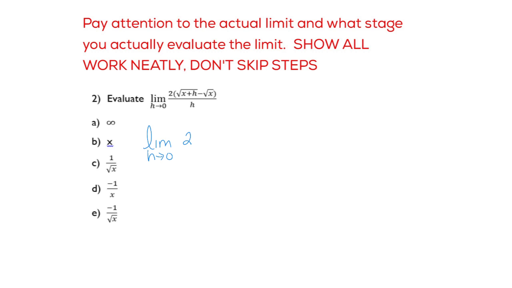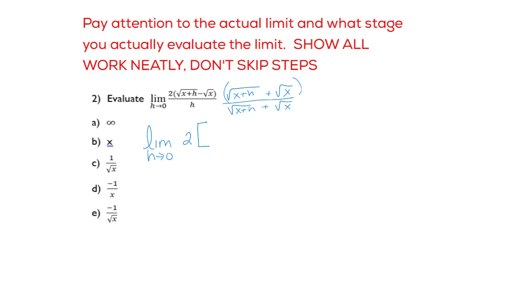So what that means is multiply by the conjugate, square root of x plus h, and then do a plus sign, square root of x. Do it in the denominator as well. Okie doke. Now, again, assuming I'm just leaving the 2 out in front, now I'm going to multiply these 2